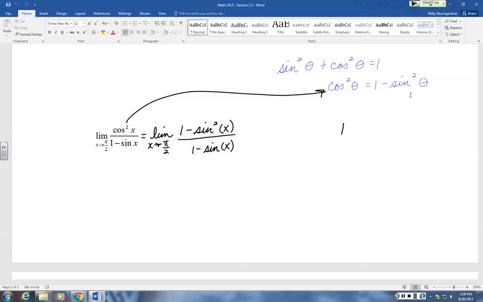Let's do these with letters. Why did I put a plus sign there? All right, this would be like b squared minus d squared, right? That's factorable. It's a difference of two squares. Remember, one's positive, the other's negative. Hey, 1 is a perfect square. Sine squared is a perfect square. That beast factors. So we now have the limit